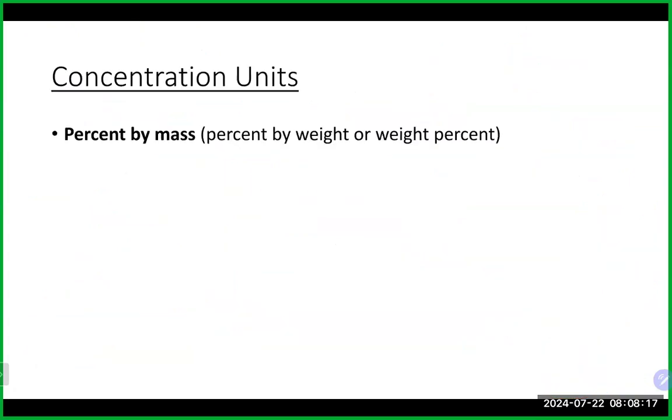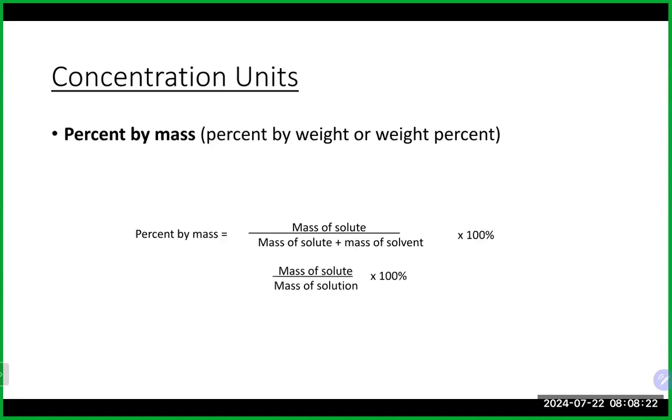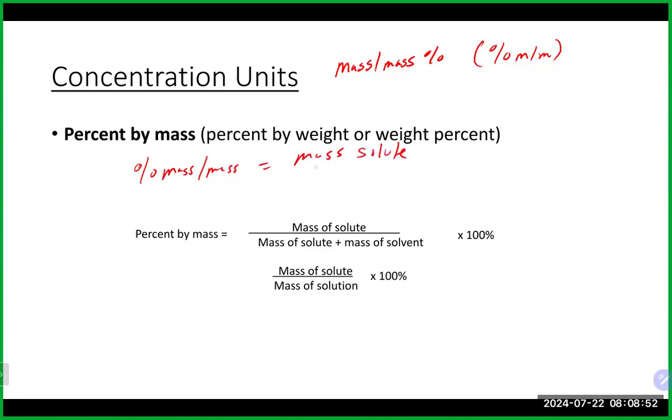All right. Then let's talk about a few other concentration units as we got into solutions. Another important concentration unit is percent by mass, sometimes referred to as mass percent, and sometimes abbreviated percent m/m. The percent mass to mass is equal to the mass of the solute, which is the smaller part of the solution, divided by the mass of the solution